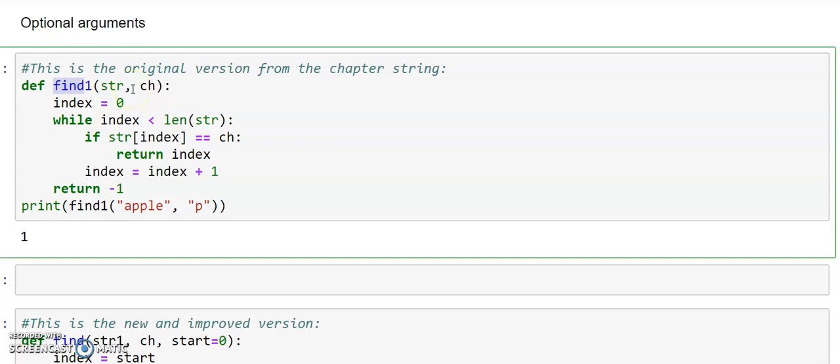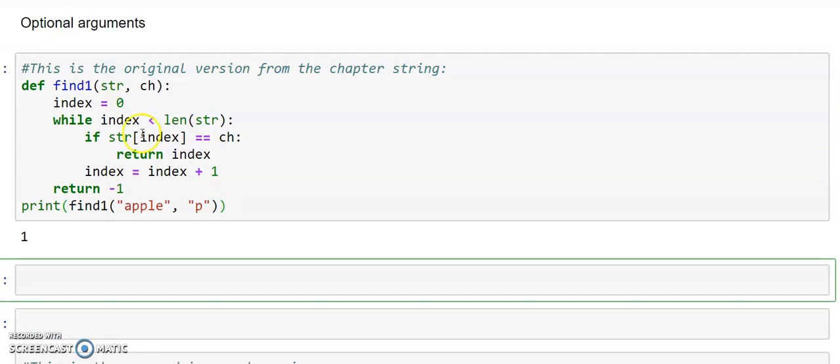Is it possible? Can we write it for user defined methods or user defined functions? Of course, yes. So we have an example with a simple thing here. We have only 2 parameters, the string and the character to be searched. So we are passing that here. The string we are passing is apple, the character which we are searching is P. It occurs at the first index. That is the output we already got. You can just execute and recheck. Yes, it searches and gets that index where it finds.